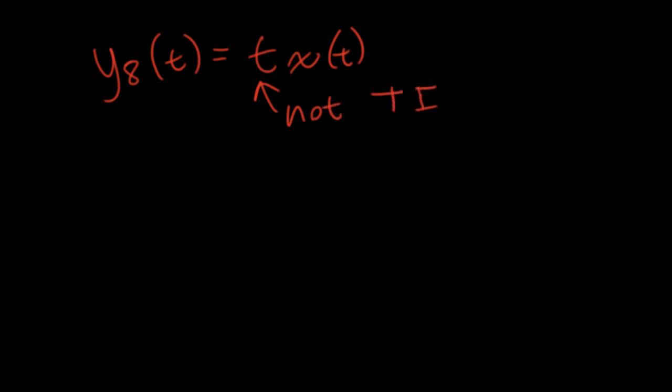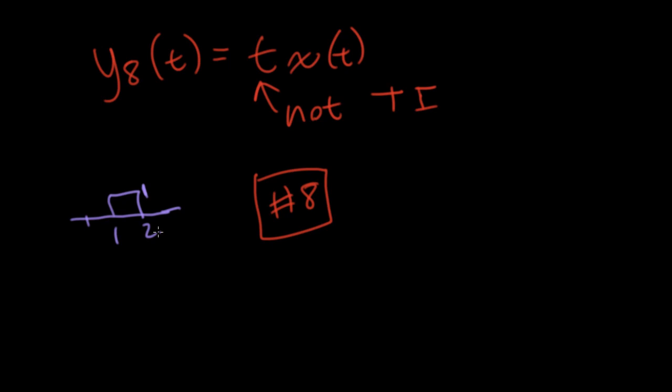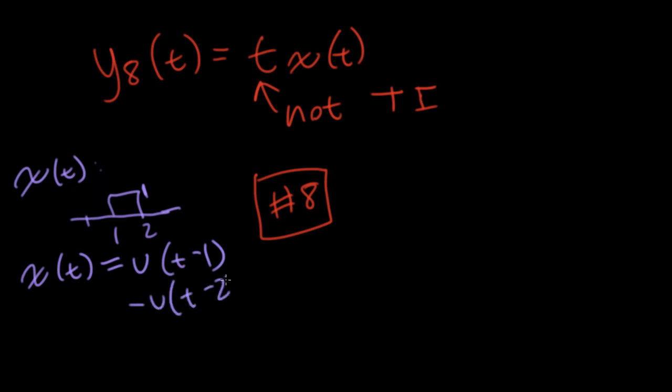And let's take a look at that for some particular case. We'll call it the number 8 system. And let's see what happens if we put a signal into here and then shift it. Well, as I mentioned before, I know ahead of time this is not going to be time invariant, so I really just need to show you one example. So suppose I have a function, and this function is 1 between 1 and 2, and it's 0 outside. So if you really wanted to, you could write this as a difference of unit step functions. I could write u of t minus 1 minus u of t minus 2,